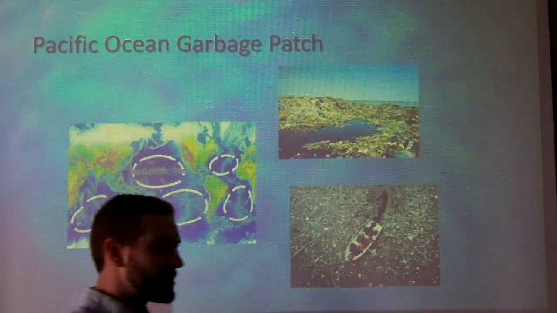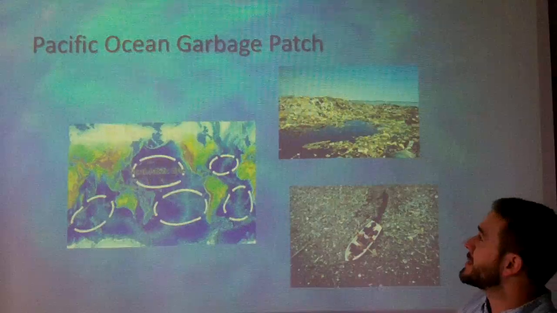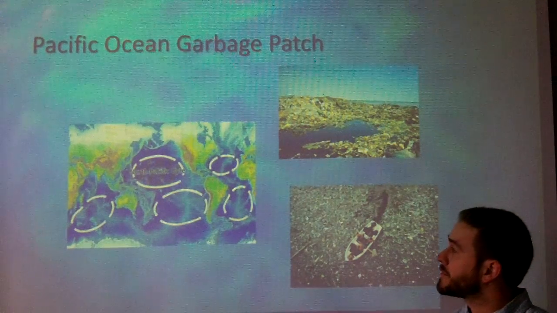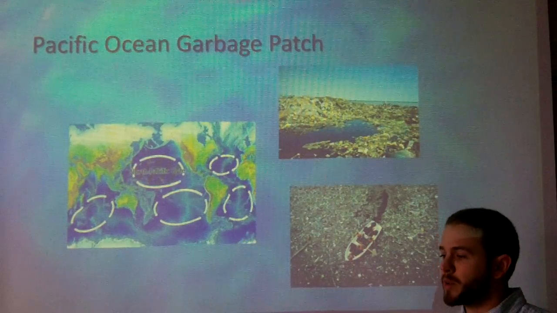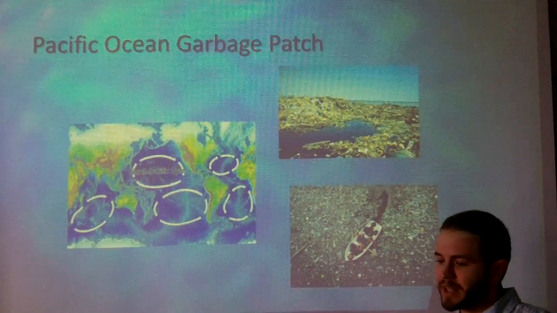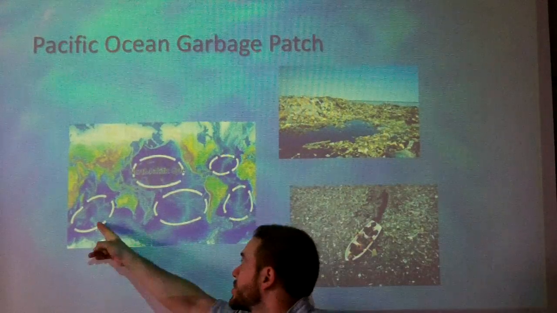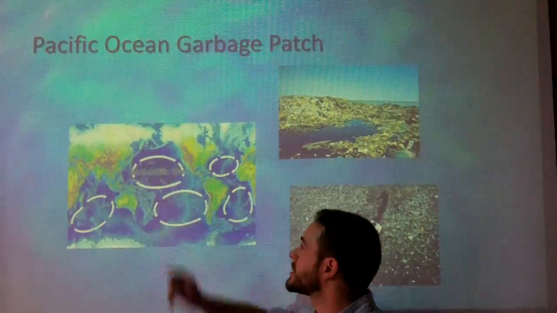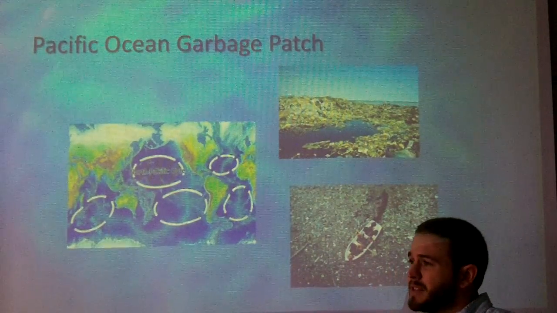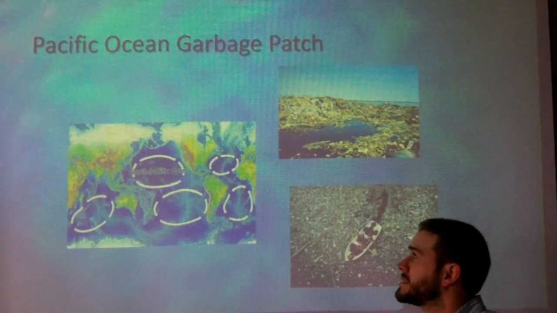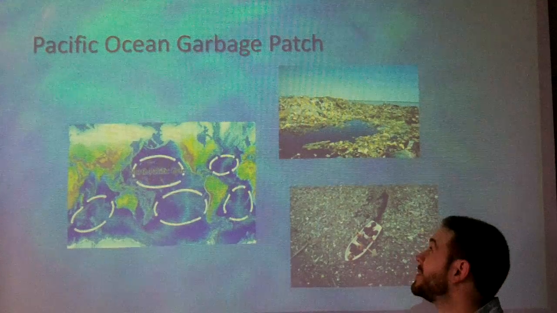So this leads to stuff like the Pacific Ocean Garbage Patch, where about 80% of the plastic is blown into the ocean through waterways, streams, rivers. People litter, and it gets brought into a river that ends up in the ocean. It gets picked up in these gyres. We have garbage circling all of these, but the biggest one is the Pacific Ocean Garbage Patch, and it is twice the size of the state of Texas, 90 feet deep in the center, and these animals eat it thinking that it's jellyfish, little tiny plankton. So, not good.